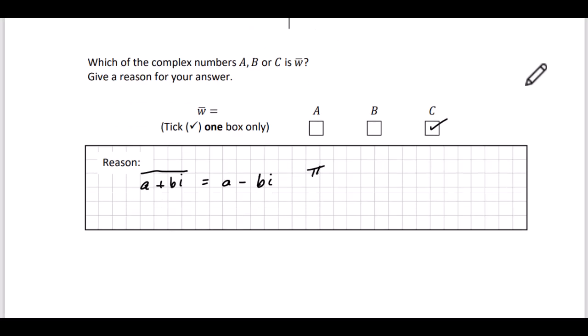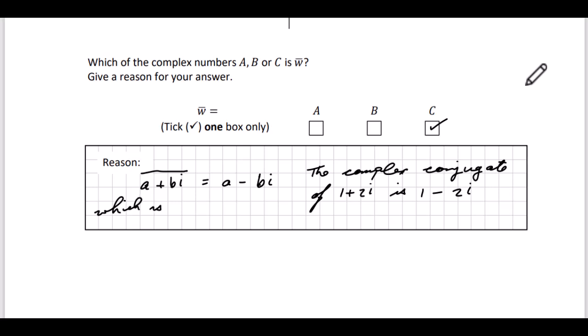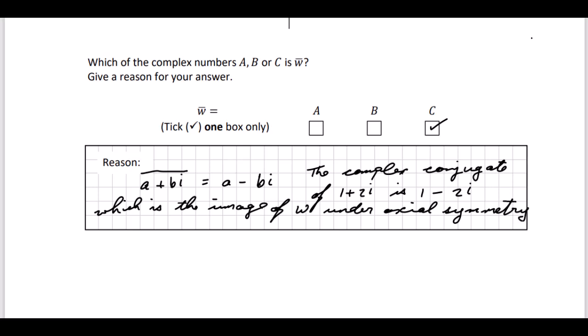So the complex conjugate of 1 plus 2i is 1 minus 2i, which is, if you like, the image of w under axial symmetry in the